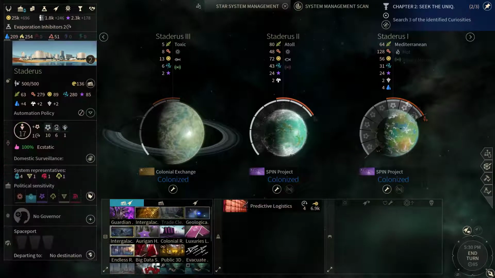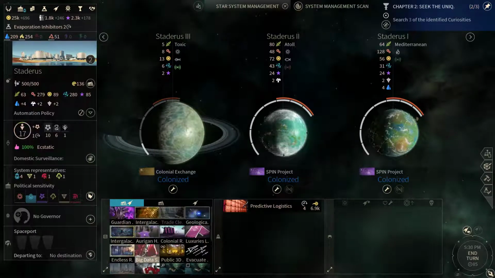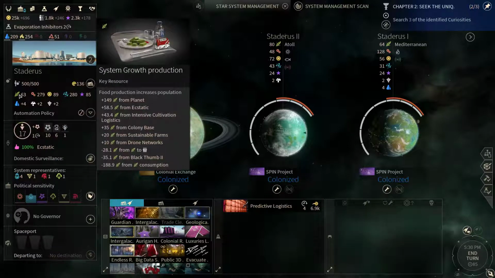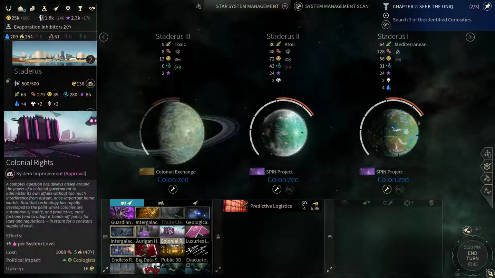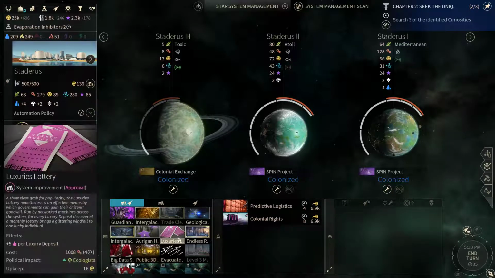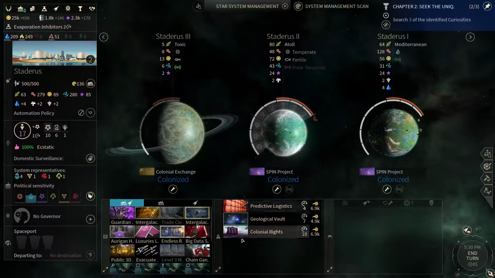Let's get their predictive logistics up and running. I'm not gonna use the exotic rations here because we don't have that much food available. Gonna need more. However, I'm gonna queue up the colonial rights. Let's also queue up the geological vault, and not necessary in this way, so...